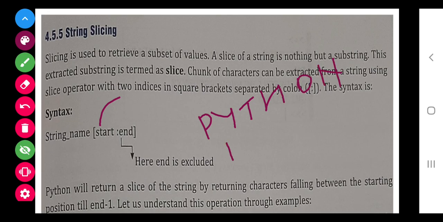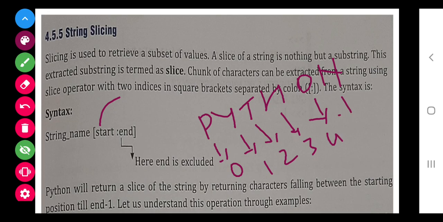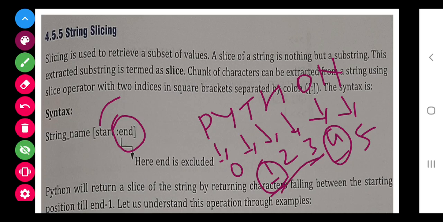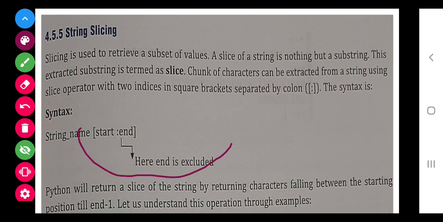As I have already told you, P is in 0 position, this is in 1 position, this is 2, this is 3, this is 4, and this is 5. If I want to display from 1 to 3, then I will write 1 to 4 because the end is not included, it is excluded. So we have to give 1 to 4, then only 1 to 3 will get displayed. This is the meaning of this statement.